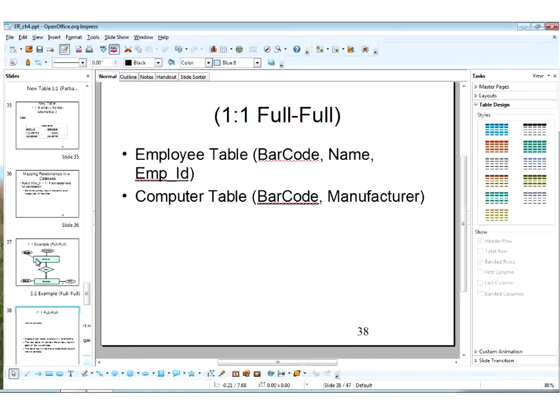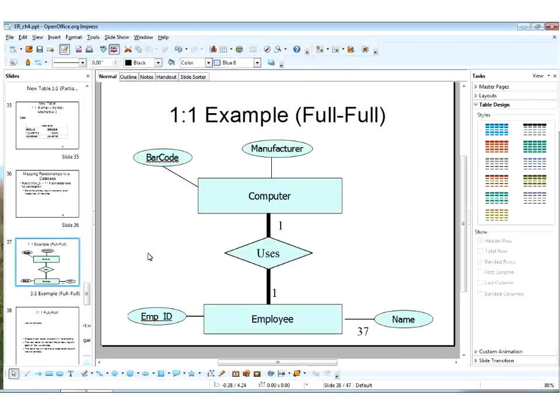Oh, excuse me. I'm sorry. I'm thinking of one-to-one partial. We'll go ahead and insert the primary key into one of the other entity tables as a foreign key, and it doesn't matter which. So I'll either end up with computer, barcode, manufacturer, and a foreign key that is emp ID, or my employee table will end up with the attributes emp ID, name, and then a foreign key of barcode to relate the employee to the